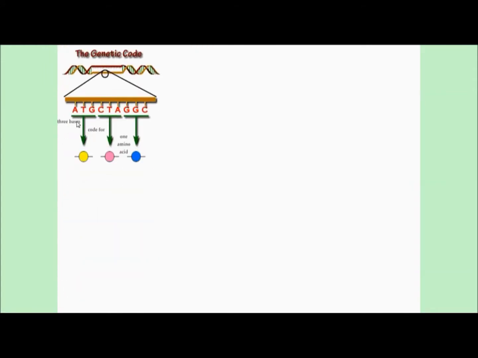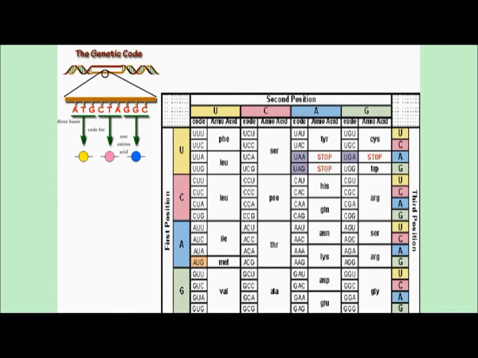So these are the 3 bases. They will code for 1 amino acid, right? Now here I am showing you a chart. In this way, see this code UUU. It will code for the amino acid phenylalanine. UUA will code for leucine. CUU will again code for leucine, in this way. Out of 64 combinations, basically we use only 61, because 3 combinations are regarded as stop codons. So UAA, UAG and UGA, these 3 are the stop codons which don't code for any amino acid.